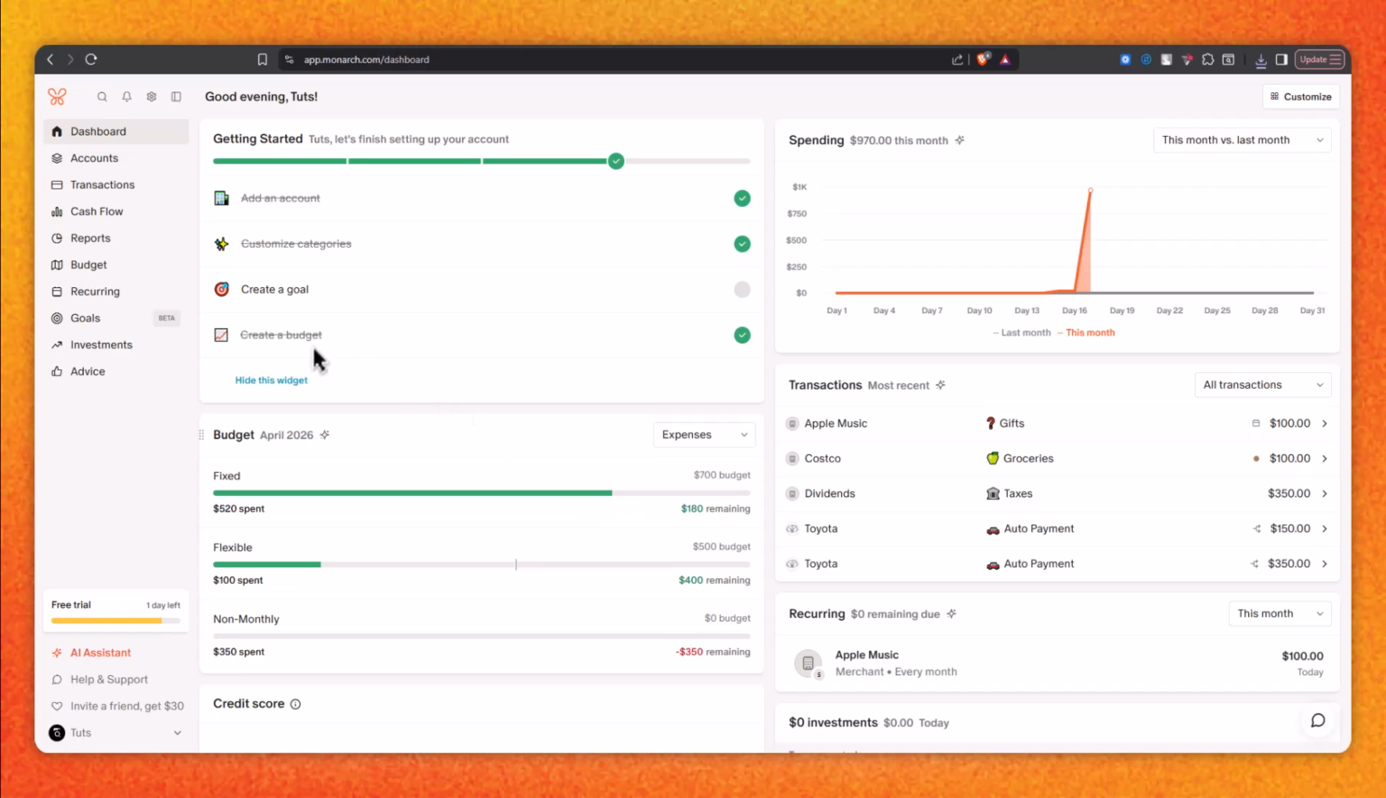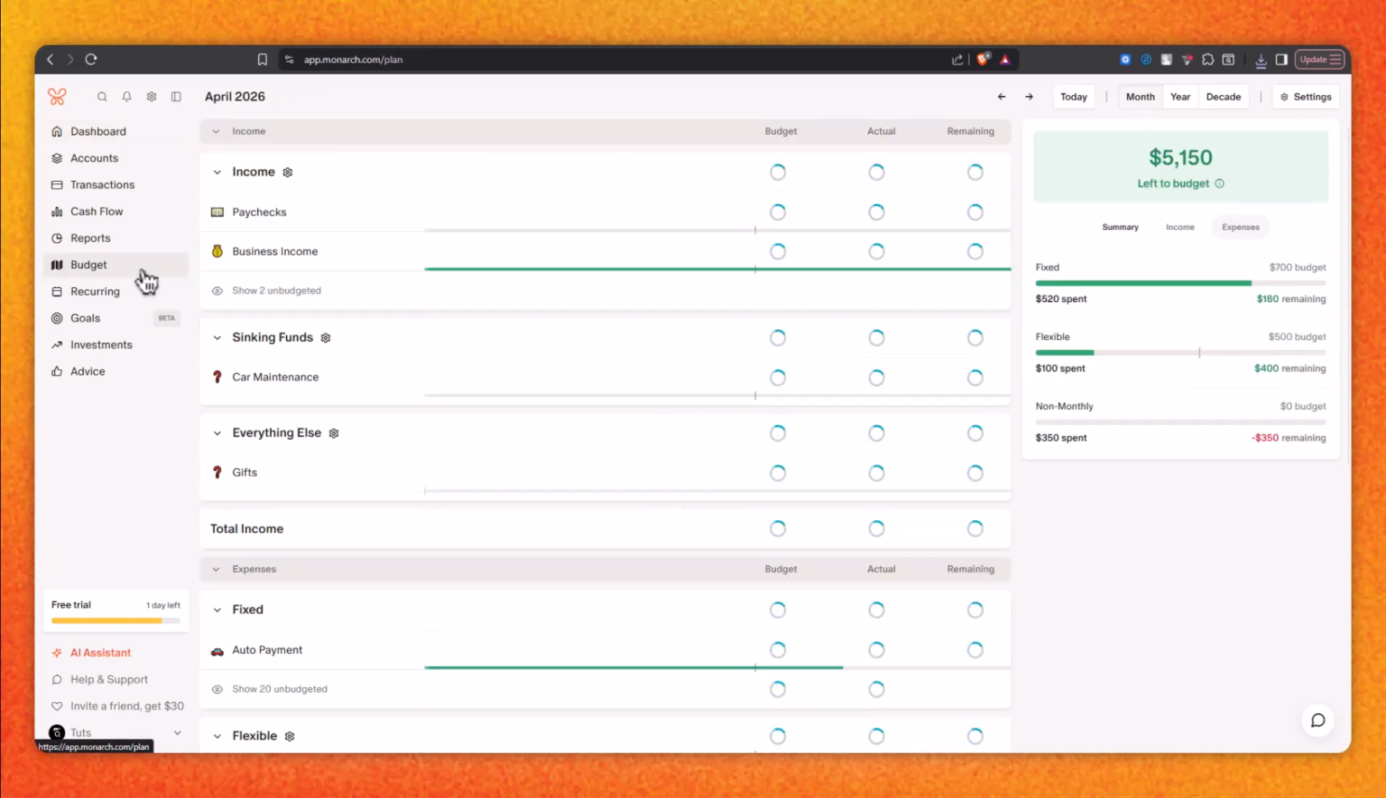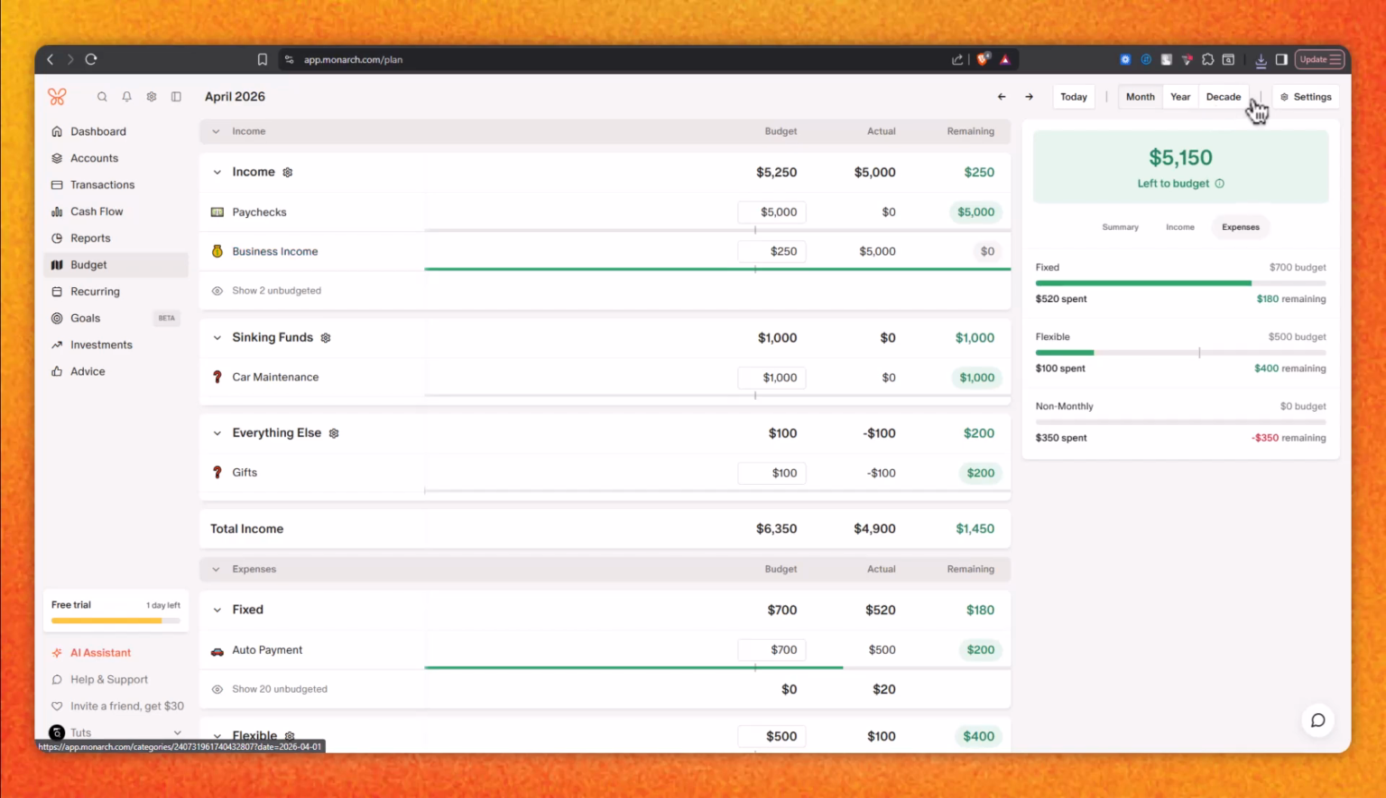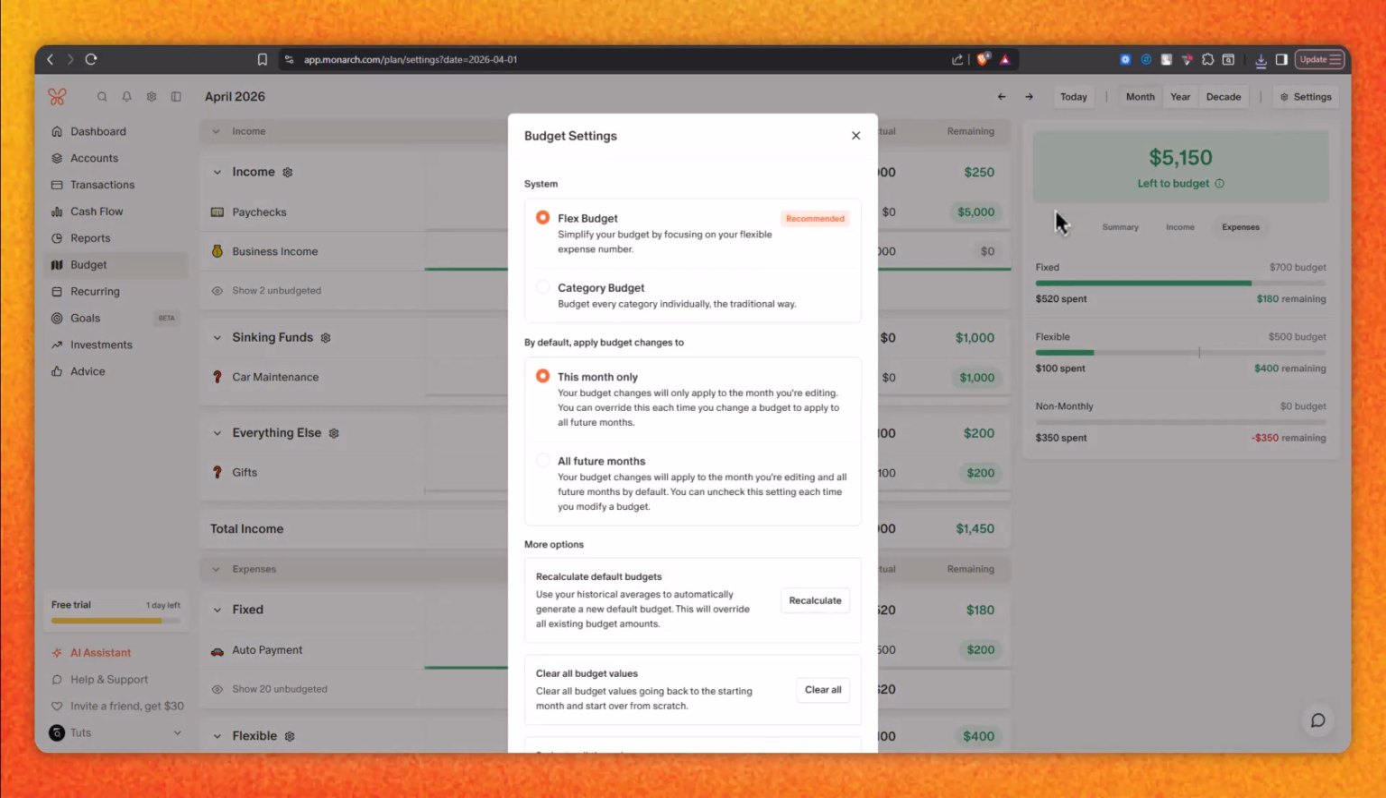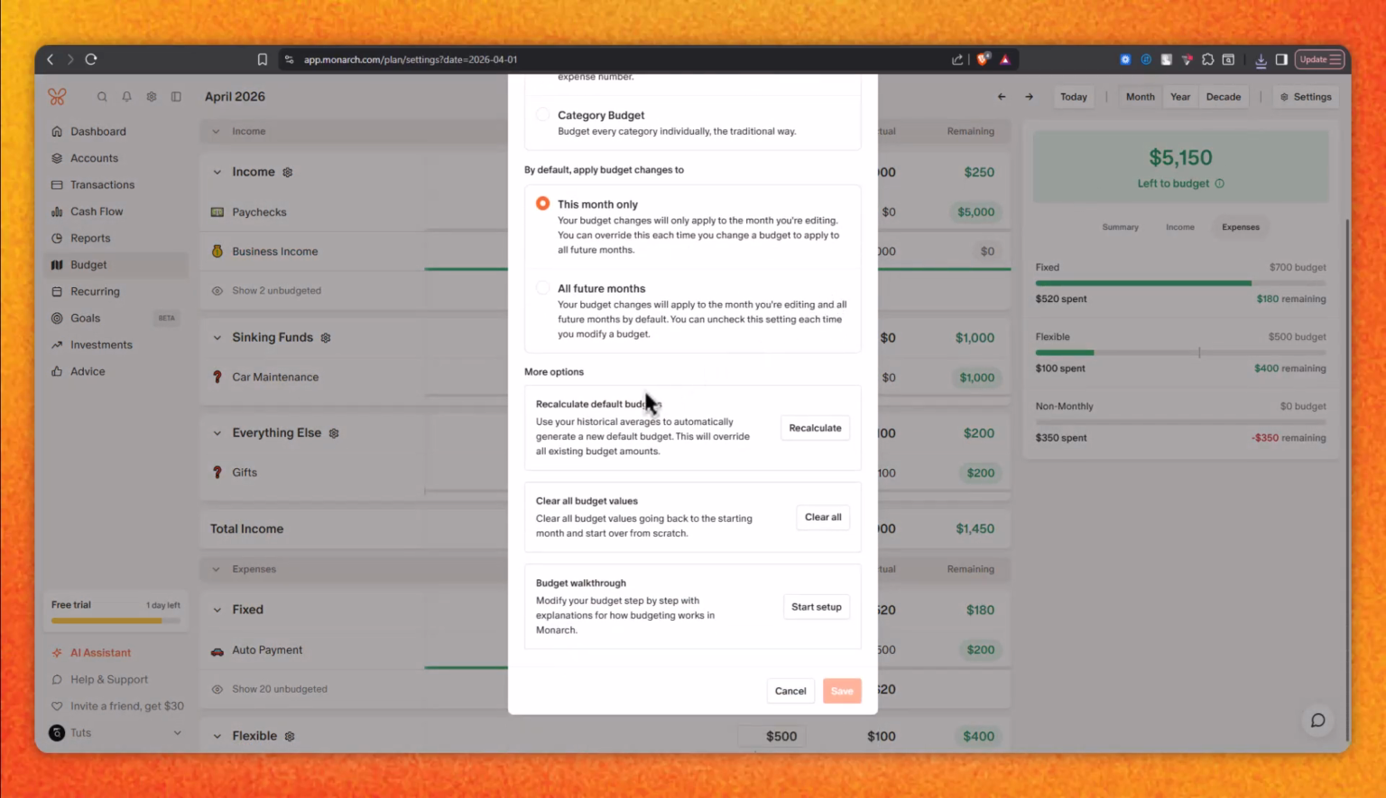To do this on desktop, go to the Budget tab, then click Settings in the top right corner. Scroll down until you find the option labeled Recalculate Default Budgets. This tool will use your past transaction history to generate new budget amounts for each category based on your average